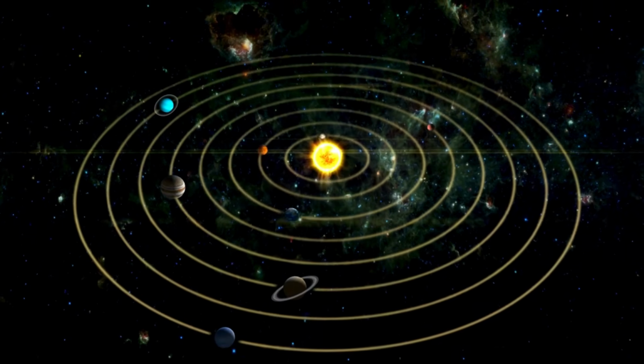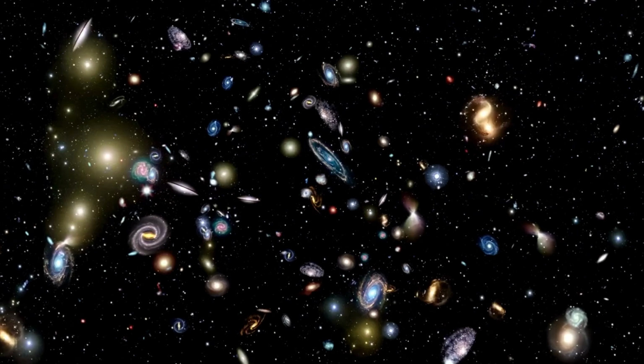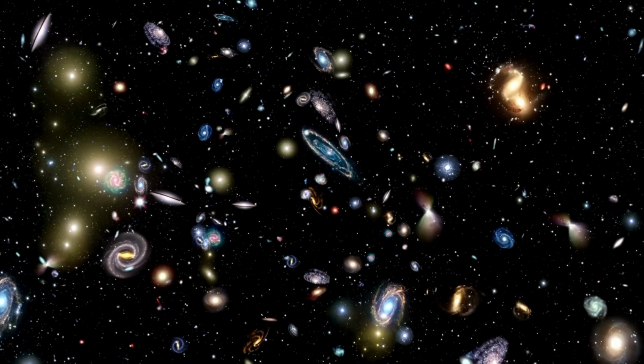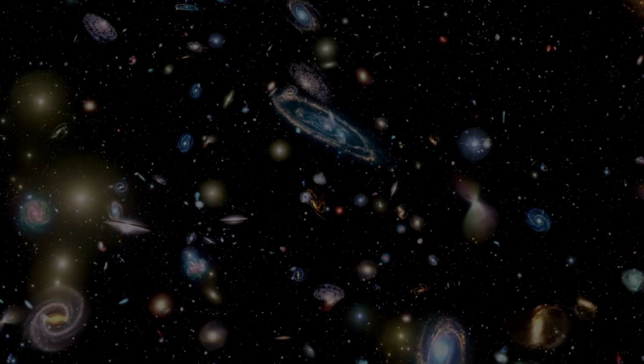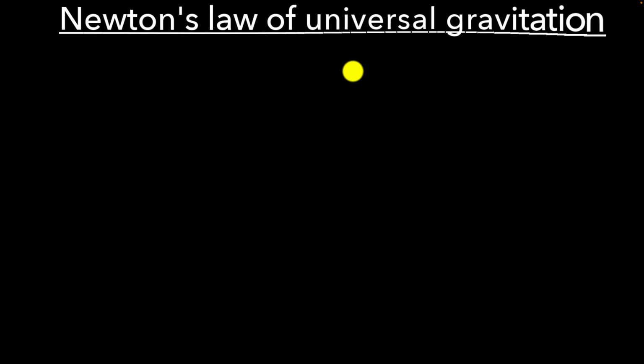Gravity holds solar systems together and galaxies together. But how do we model it? That's what we want to find out in this video. So let's begin. In Newtonian mechanics, gravity is modeled using what we call Newton's universal law, which states that any